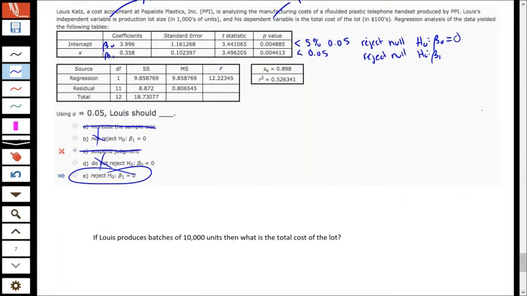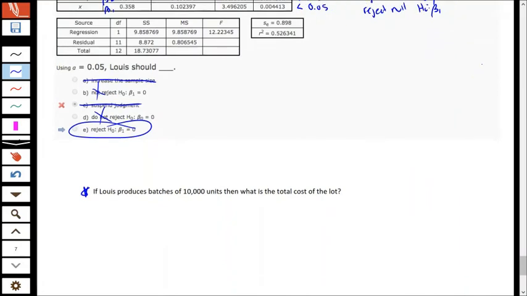Okay, I didn't actually use the one from the questions, but this is a classic question where people are like, oh my God, I know nothing, I can't do it. And then when you go back and reread the question, you figure out how to do it. This says, if Lewis produces batches of 10,000 units, then what is the total cost of the lot? So we want to recognize that X was the batch size,